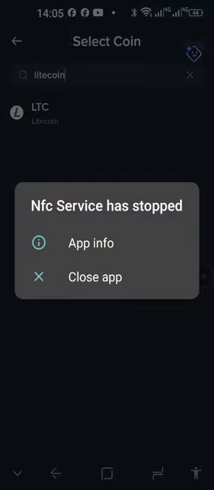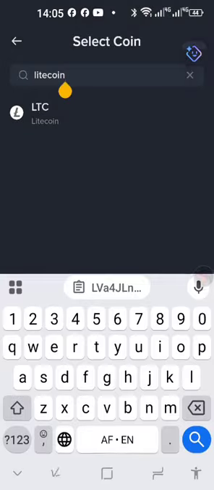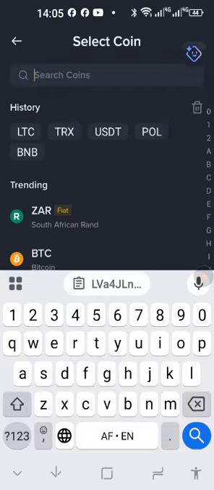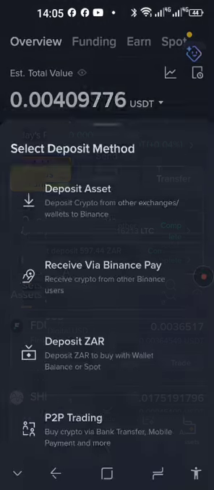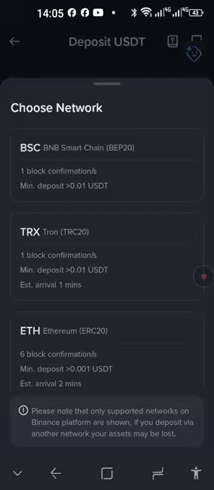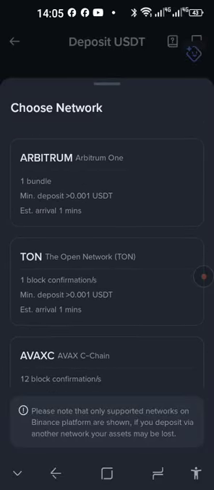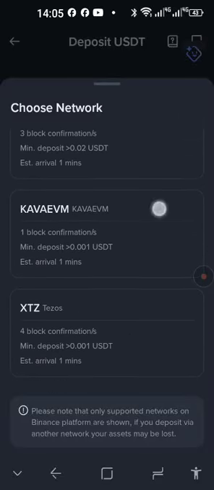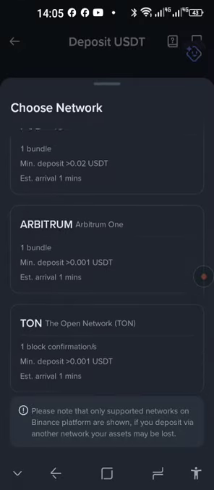If you want to look for a different coin, USDT, normally they are already populated. You can see, you can just press on them there. There's Litecoin, TRX, Tron, USDT. You just press on USDT and then you select which network it is. So there is multiple networks for USDT.